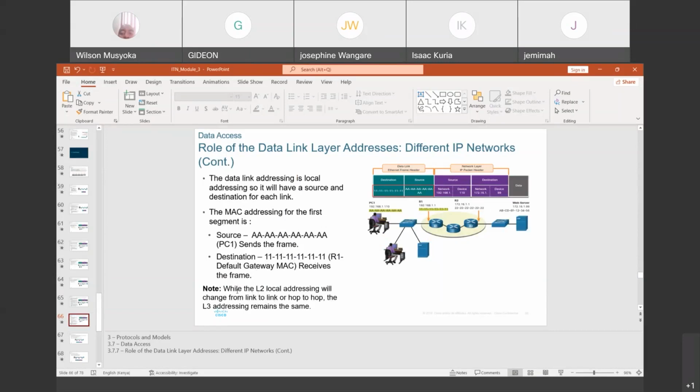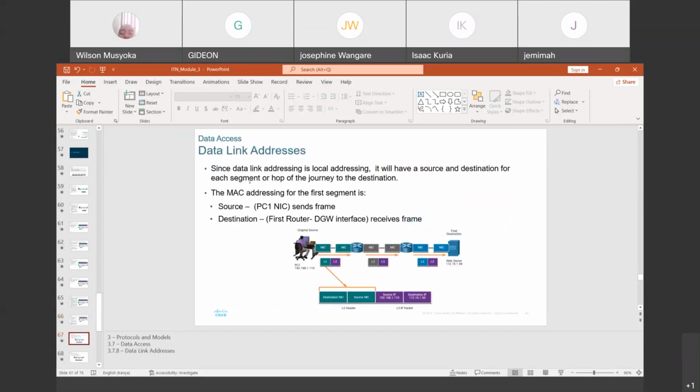Because the local addresses were used to move link to link or hop to hop. So the layer 3 addressing is still the same and it is the one which will kick in at this point.